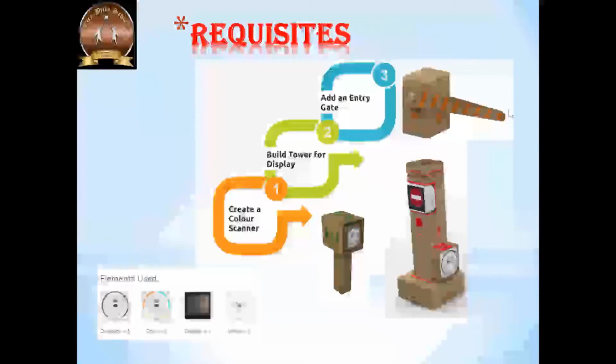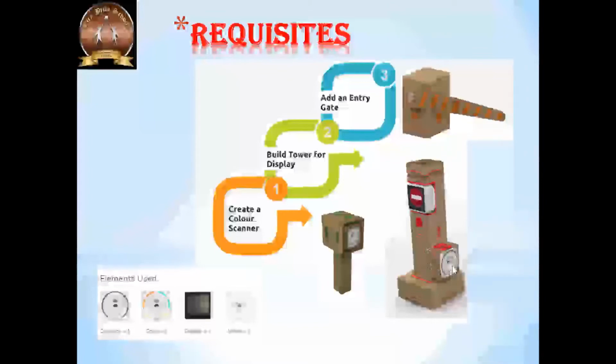Entry gate means there will be a barrier. Once the ticket is scanned, it will open accordingly and it will close after some time, as we did in the smart parking. Now we are going to use distance element, color element, display element, and motor element. Now you will think why we are using this distance element here, because we are using color, then display, and then motor to control the barrier.